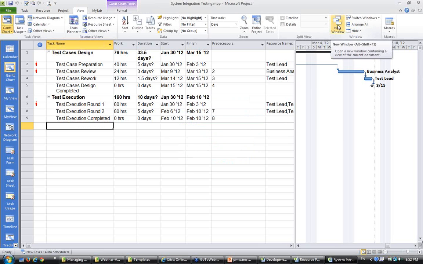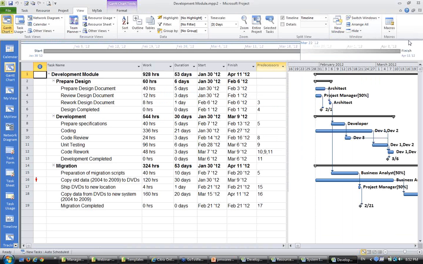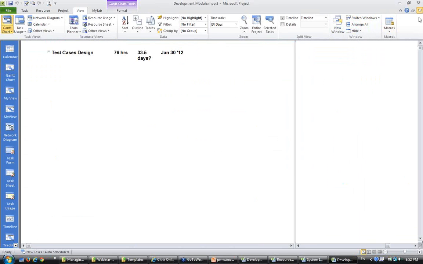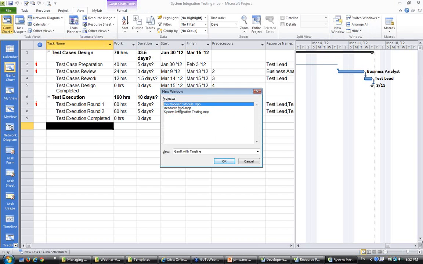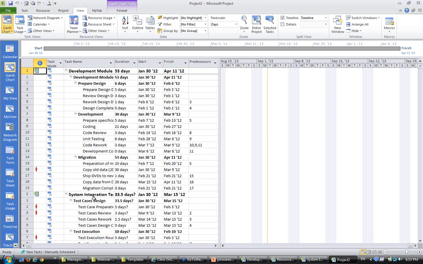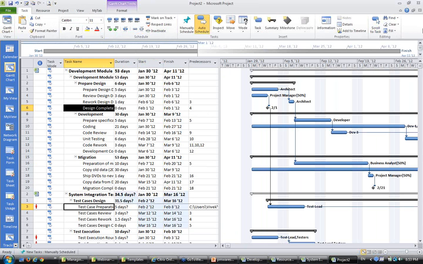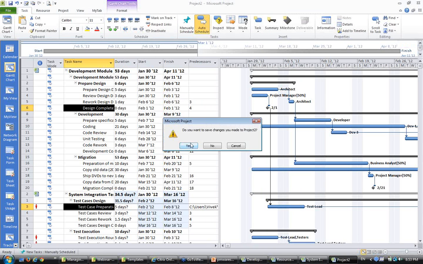I select new. I select those projects which have the dependency, and close this project